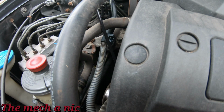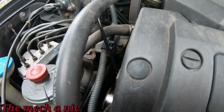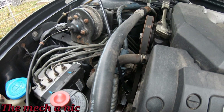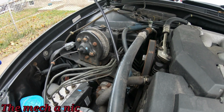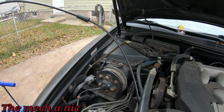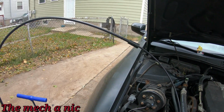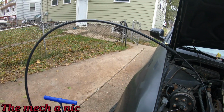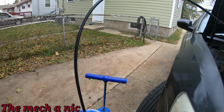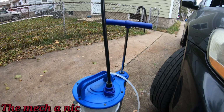Now here's another tool that I almost forgot about, and it's why I'm showing it to you like this, pretty much in action. And this clip is slowed down quite a bit, so I have enough time to talk about it because it's a short clip. But this is the Astral pneumatic fluid extractor, and at the moment you can see I'm using it here to do an oil change. I'm pretty much sucking the oil out of the engine, and you could use it for so many different things, from engine oil to coolant, transmission fluid, differential fluid, brake fluid,